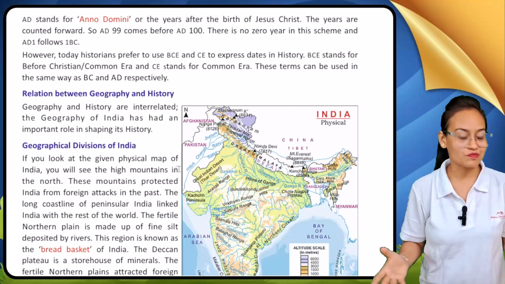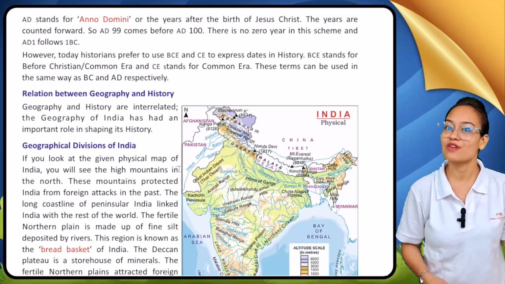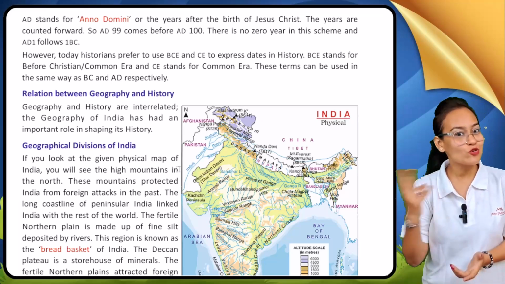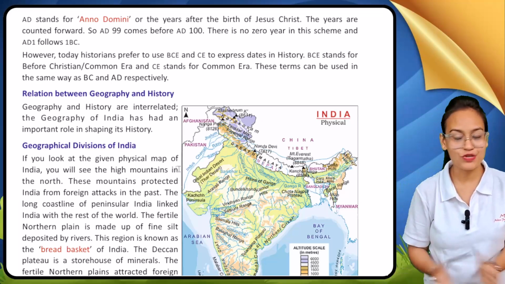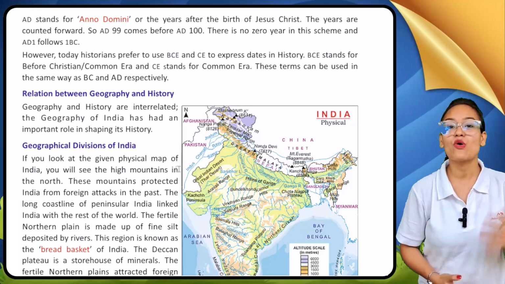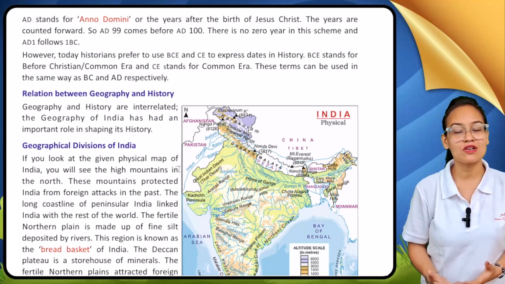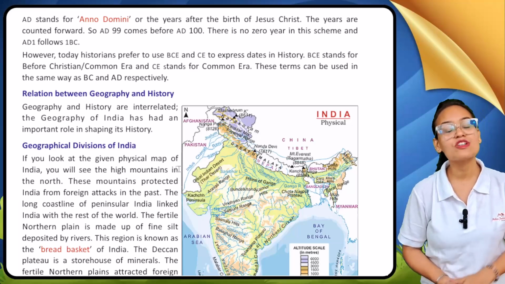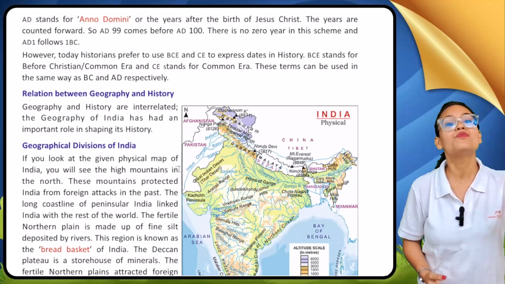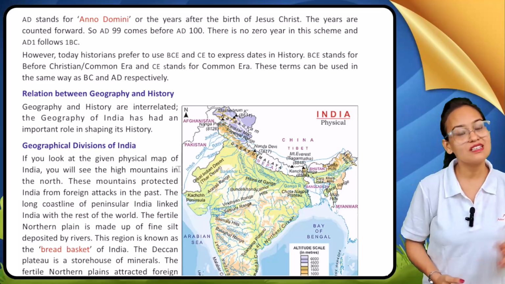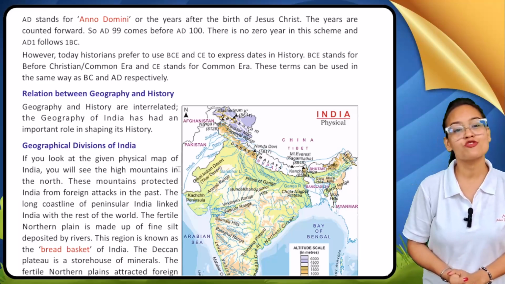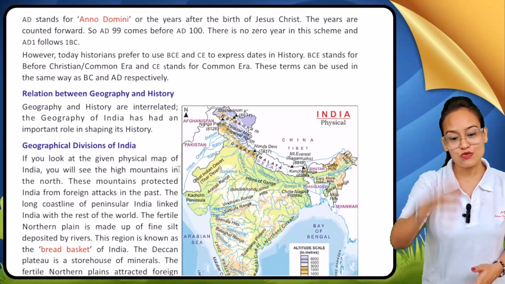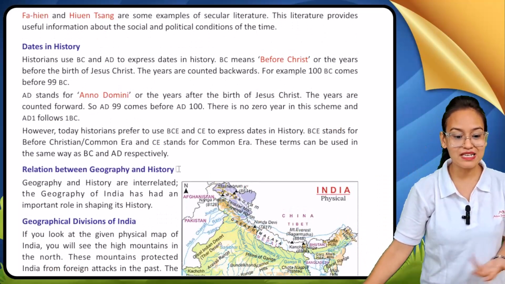History means the study of our past, and history is divided into two parts: prehistory and proto-history. Apart from them, we also saw how many sources history has. Previously we discussed the sources which define prehistory. Now we are going to see proto-history. Proto-history means written documents. So we have discussed all these topics, like dates in history.